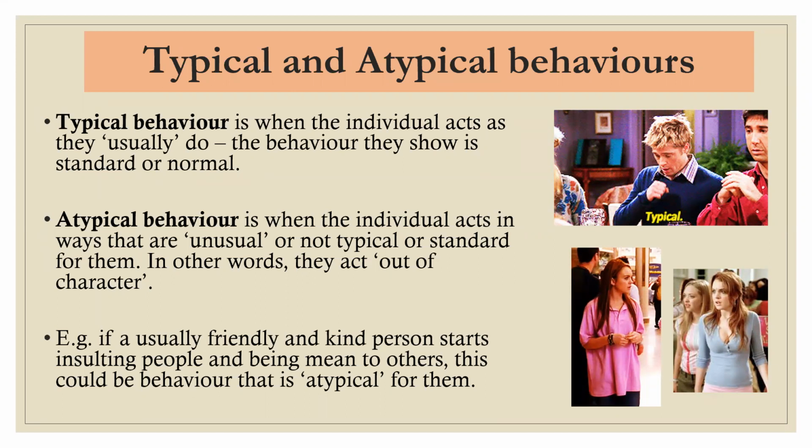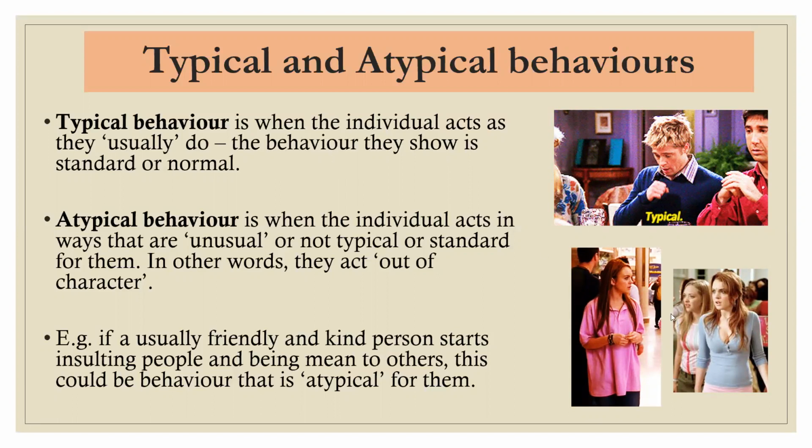So this is this concept of typical and atypical behaviors, and obviously there are many examples of this, but I thought I would put in the one with Katie in Mean Girls. So you'd realize that at the beginning of Mean Girls, Katie's quite a nice girl. She's really friendly, really kind to people. And so people kind of accept that that's the usual behavior for Katie, that she's normally kind, she's normally friendly, she's normally down to earth. But when she starts to hang out with the plastics, and then she starts to become a little bit mean, a little bit more insulting to others,